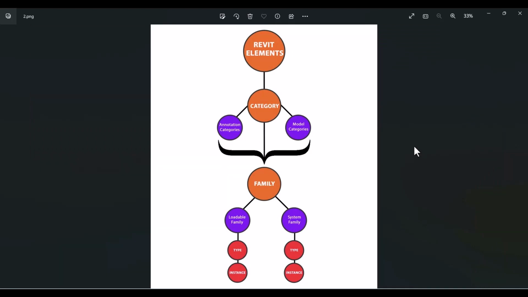Generally, families in Revit are system families and loadable families. Okay, system families are default families in Revit, but loadables you can upload into a project. If I want to explain more, the main elements of a real project, which by putting together we can have the structure of the project, are system families